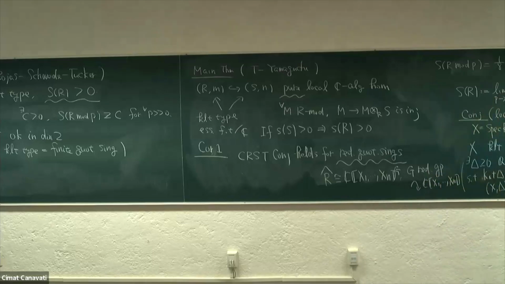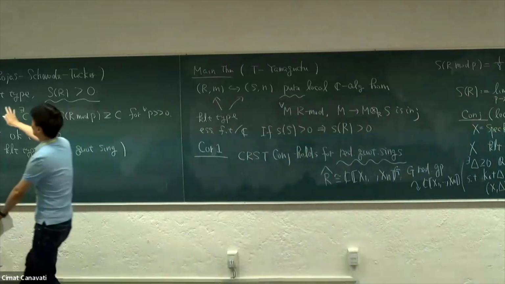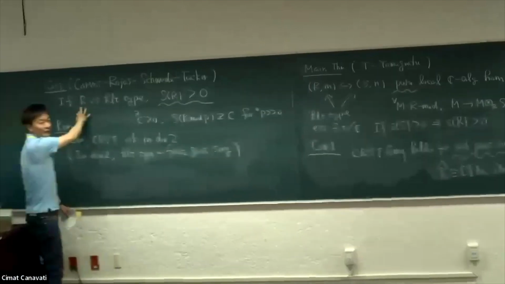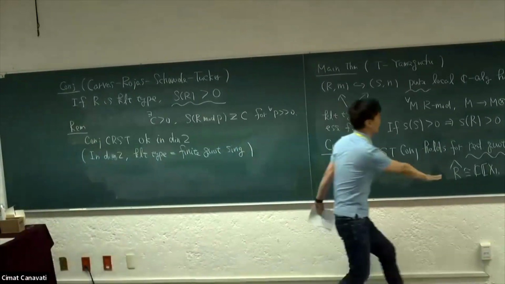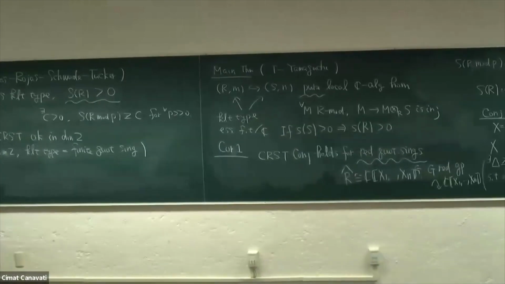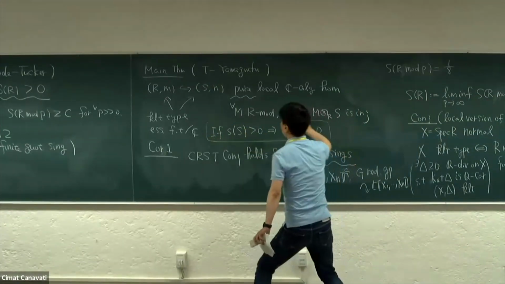Is the assumption only on R, or is it on R and S? Sorry, what I mean is that this conjecture holds. Oh, that conjecture. Oh, I'm sorry, no. When the completion of R is isomorphic, this is a theorem. Great. Okay, never mind. Yeah, the statement of the theorem is this one.